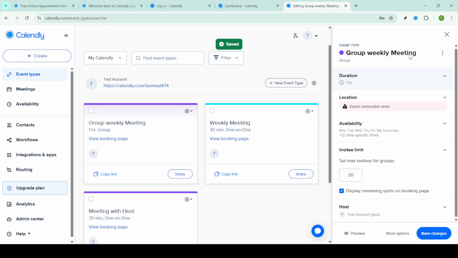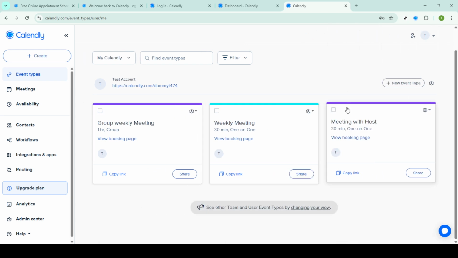This ensures that all the configurations and settings you've implemented are saved correctly and are ready to facilitate seamless scheduling for your team. And there you have it. You've successfully set up Calendly for your team's